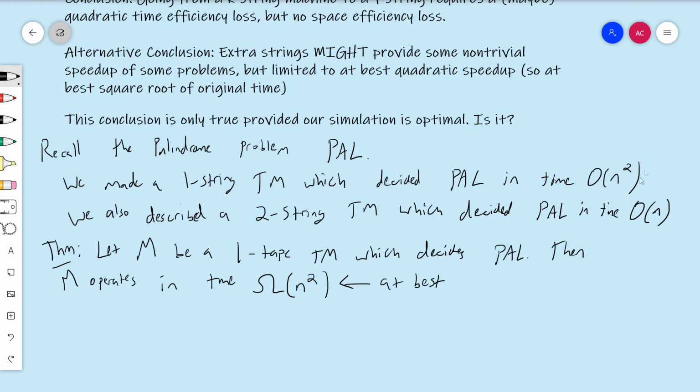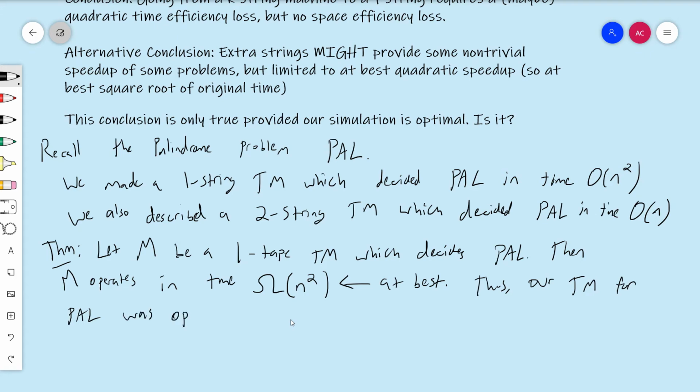It works at a time less than or equal to this. This is the big omega notation. It means it works in time greater than or equal to this. So no matter what, it has to take time at least n squared is basically what this means. At best, at best. Thus, our Turing machine for PAL